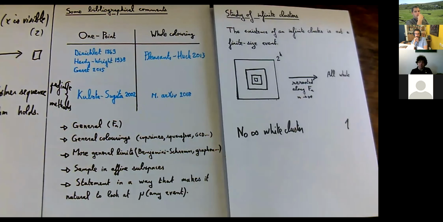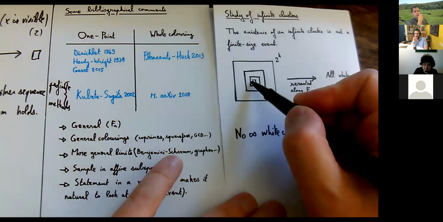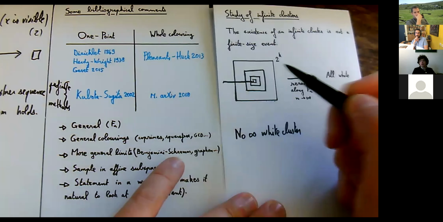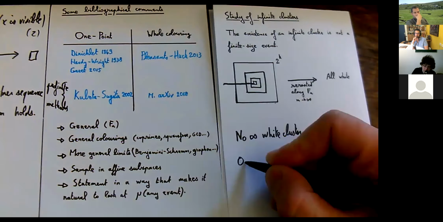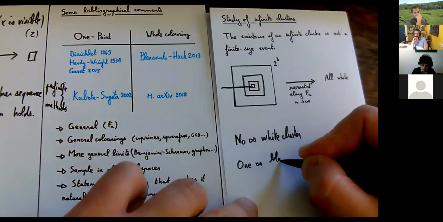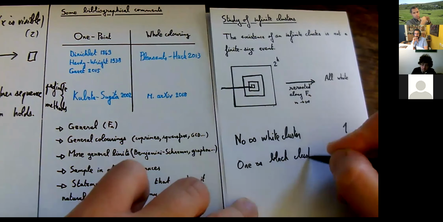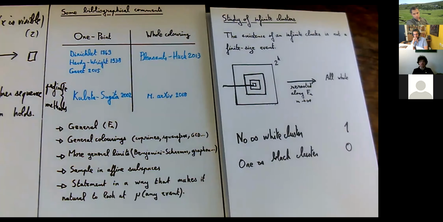And if I modify a bit my coloring upstairs by adding one half line like this, then the convergence is the same. We still have no infinite white cluster, and we have one infinite black cluster. And on the right-hand side, we have no black at all. So in particular, no infinite black cluster. So taking limits can change very much the behavior of infinite clusters. So this is something to have in mind when we perform such a study.